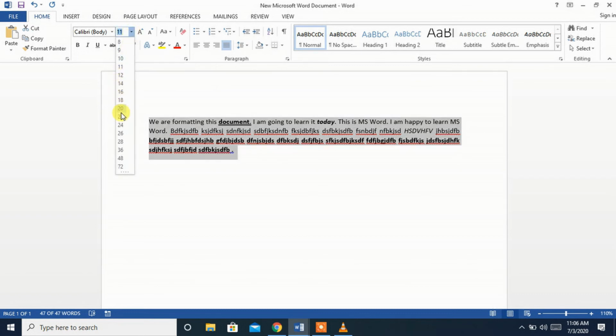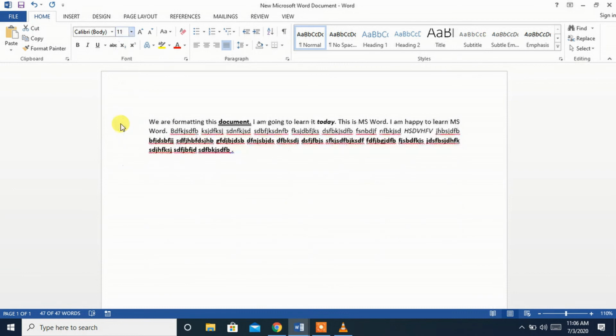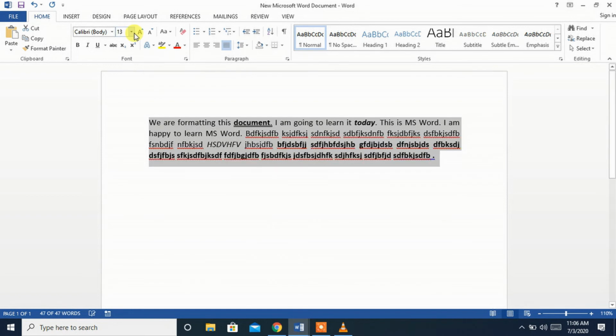You can see. So I am making 11 to 24. So our paragraph is of the size now 24. Each alphabet is of the size 24. If I want it 13, you can click the arrow mark and choose. Otherwise, you can just click backspace whatever in that box and you can type the size you want and it will be changed to that size.